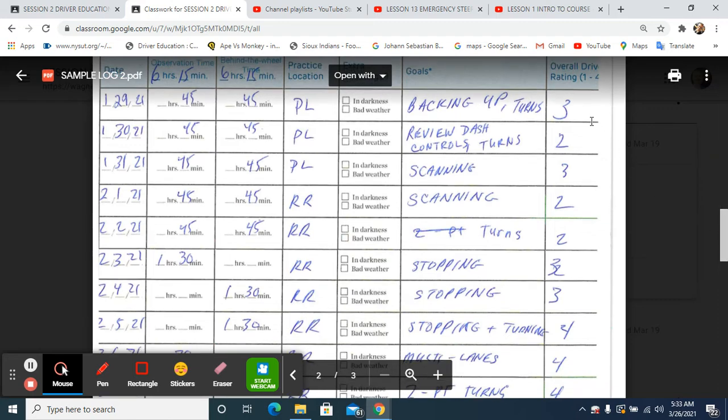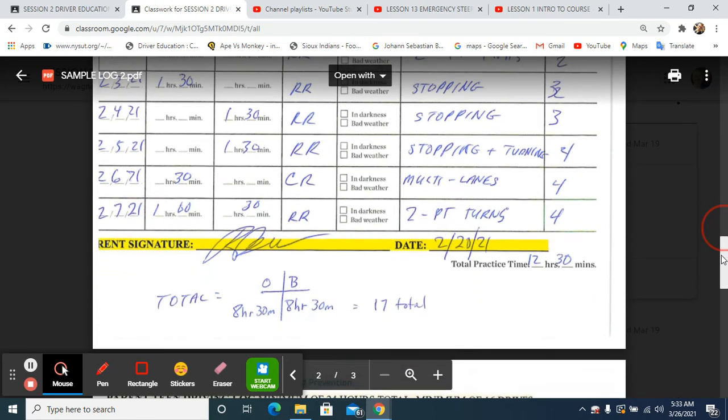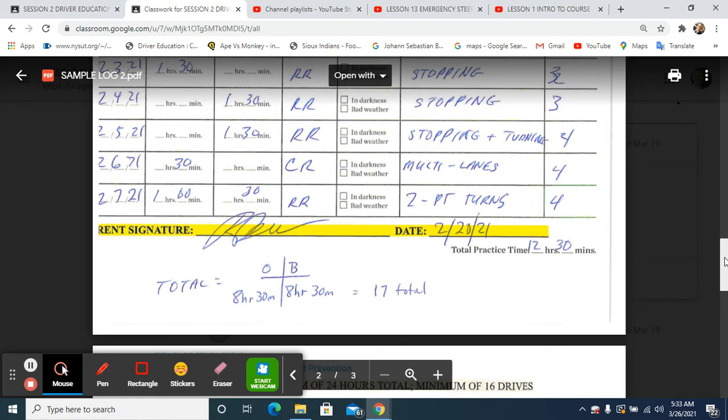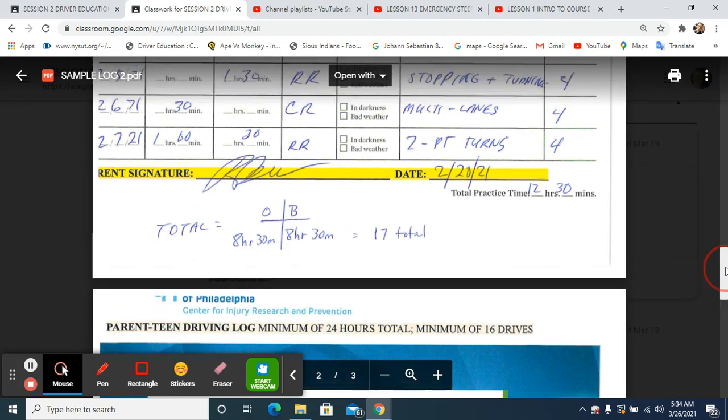Now, with our ratings, please keep in mind your child does need to get a 65 or more as their total average. If it's less than 65, again, I, as the instructor, cannot issue your child the MV 285. So if you turn in a log that averages less than 65%, I'm going to send it back to you, and I'm going to ask you to do more drives with your child and get the